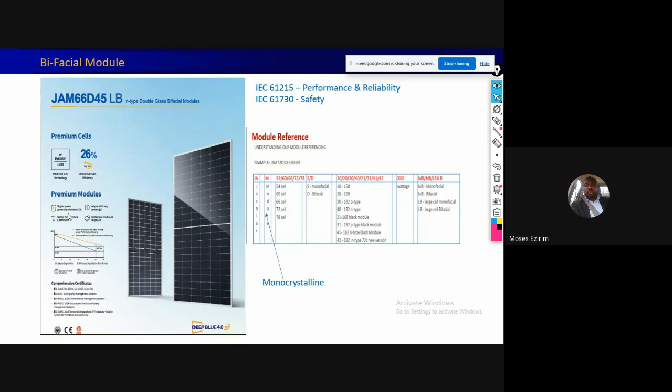Let's try and penetrate the technicians. Let's try and penetrate the grassroots, those that will just come and do installation for me, and off the top of their head they start saying you will use 5 panels, you will use 6 panels. Such things piss me off. How do you know? You didn't even ask the person, what is your load, how many hours do you run this load? You are just giving a design off the top of your head. It is not done that way. And I believe that this platform from Energypro is going to address that.